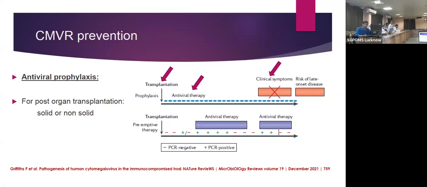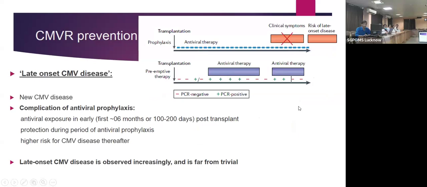Even when immunosuppression is not so intense, once we stop the antiviral prophylaxis, this new subset of disease comes into the picture: the CMV becomes active and CMV disease happens. This is the complication of antiviral prophylaxis we have seen, and